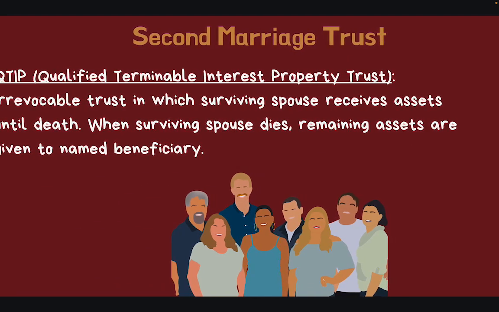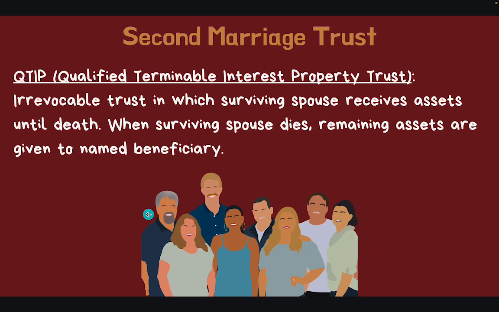There's also something called a second marriage trust. So, Q-tip, qualified terminable interest property trust. It is irrevocable, non-revocable, same thing, in which the surviving spouse